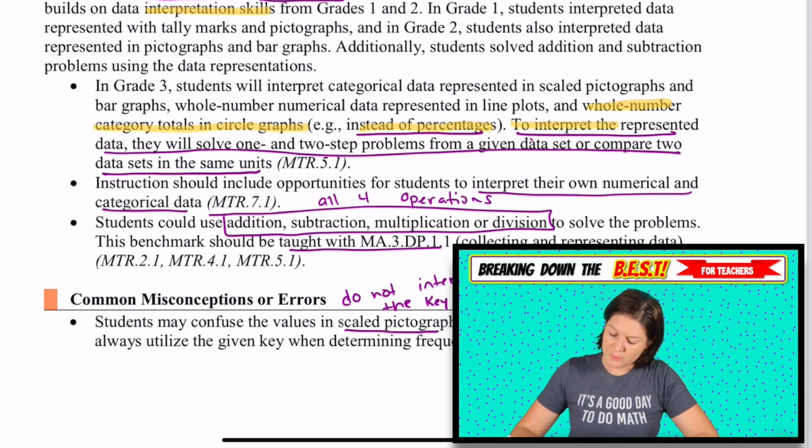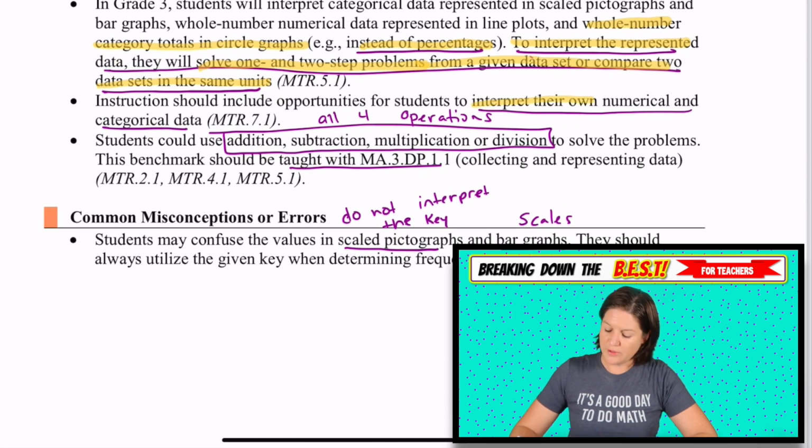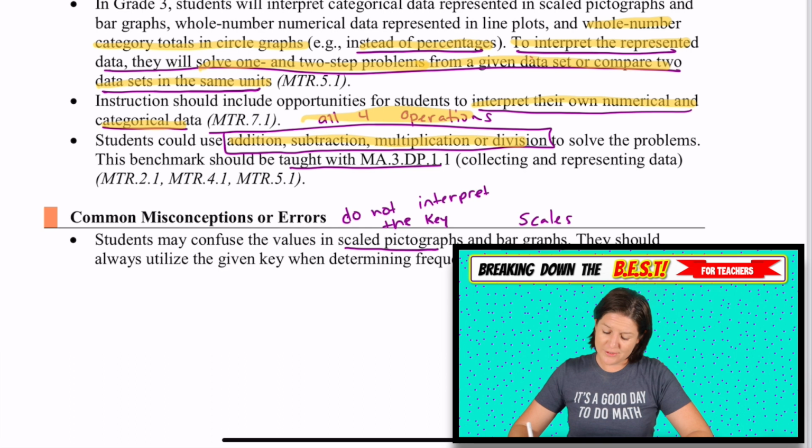So part of our interpretations will be solving 1- and 2-step problems from the given data or to compare 2 data sets in the same units. We want to provide students with opportunities to interpret their own data, and that we will be using all 4 operations here in 3rd grade: addition, subtraction, multiplication, and division. And that this should be taught with